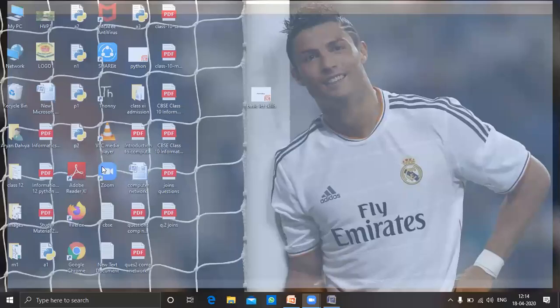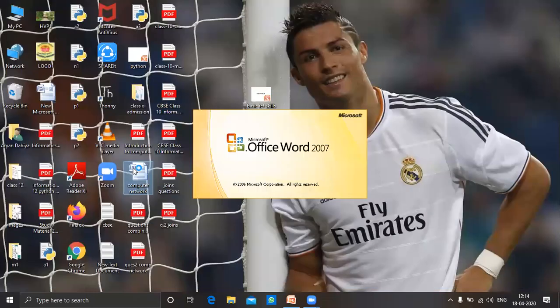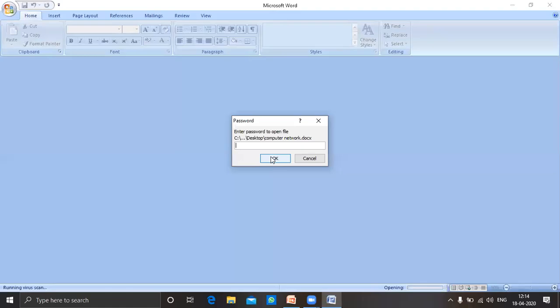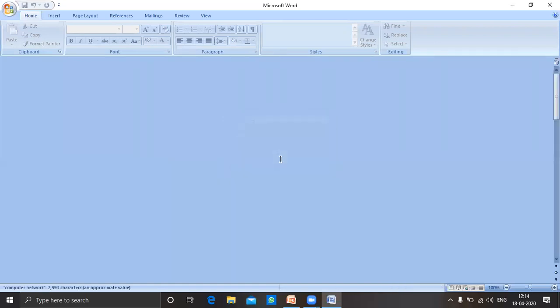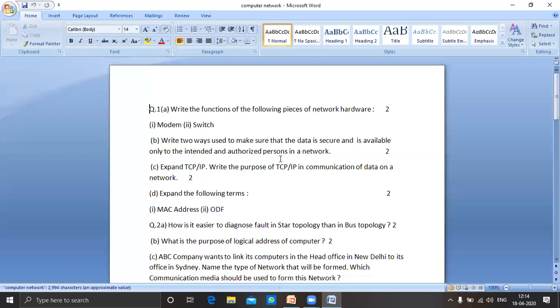Again I have to try to open this document. Then it will again ask for the password. Suppose this time I give the correct password. Now it will open the document. So clear? This is how you can give a password to your document.